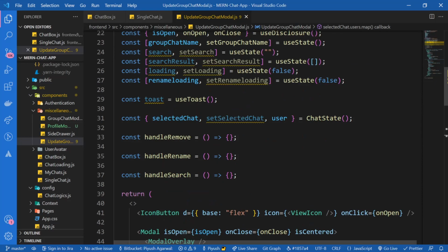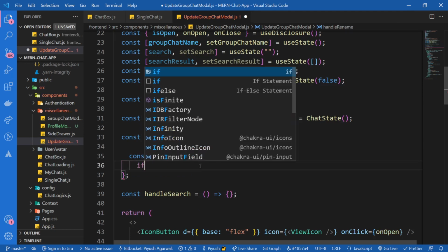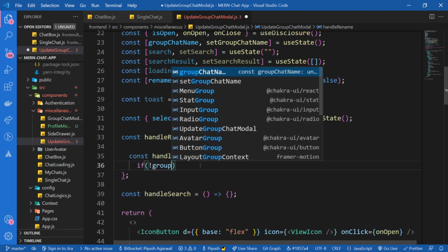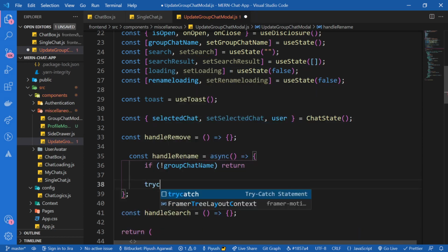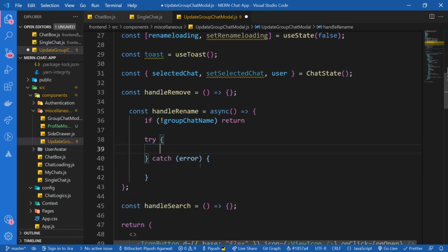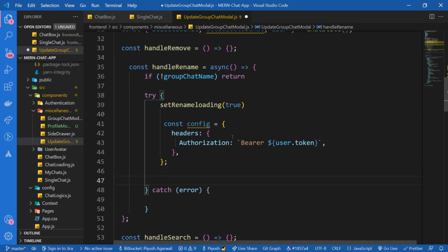So over here, yep, it's gonna be an async function. And inside of it, first of all, I'm gonna check if there's nothing inside of group chat name, then simply return. Otherwise, do try catch. And I'm gonna set the rename loading to true. And I'm gonna have the config with our bearer token. So just like that. And then we're gonna make the Axios call. So const data, destructure the data, and await